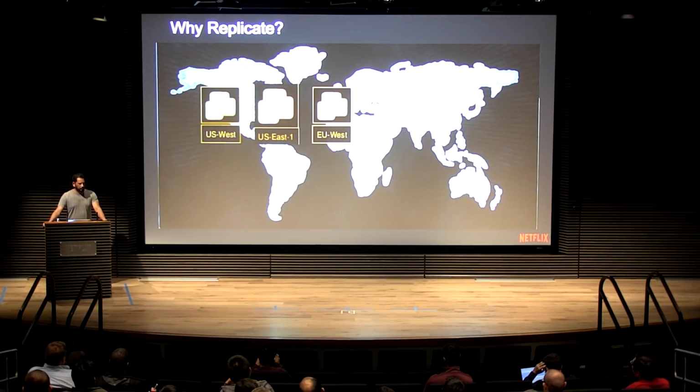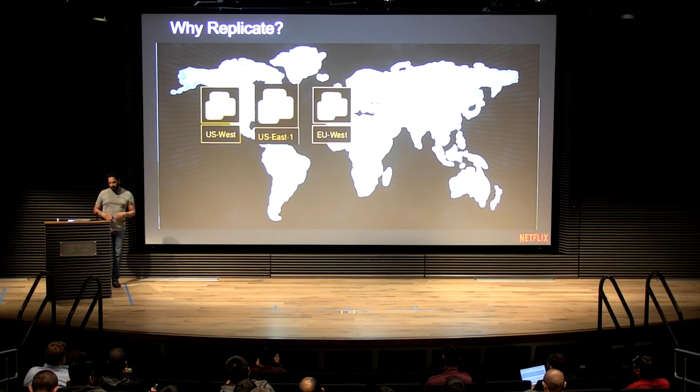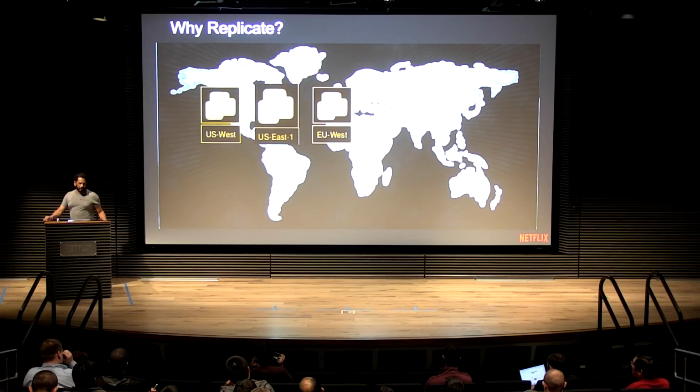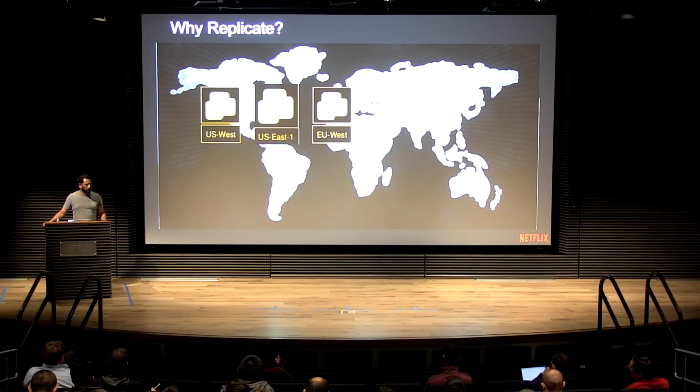Why do we need to replicate? We talked about requests can land in any AWS region. Let's look at a few more use cases. One of the use cases is our pre-compute algorithms run in one of the AWS regions, wherever the compute capacity is available. So we need to replicate the data. For example, if a home page is generated in EU West 1, we need to replicate the generated data to US East 1 and US West 2, so that if we need to move the traffic, or if your request lands in the other region, you will have a seamless experience.